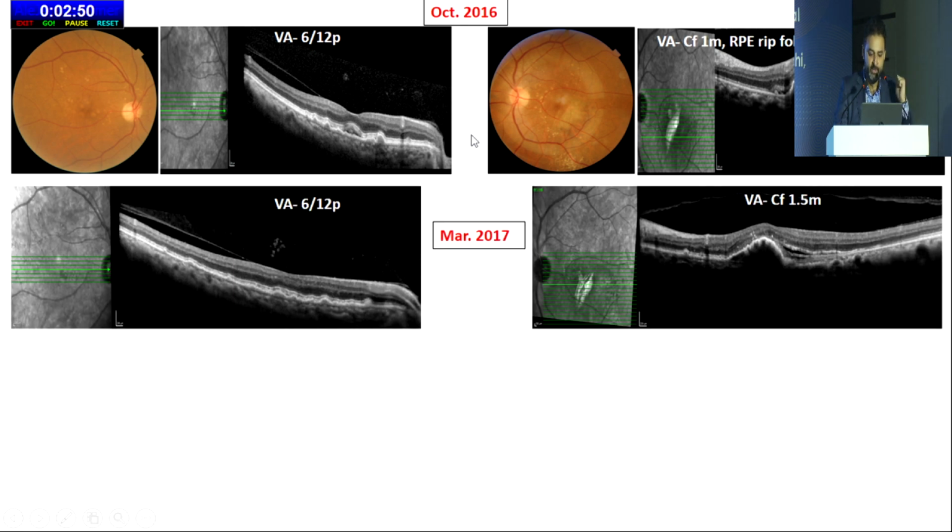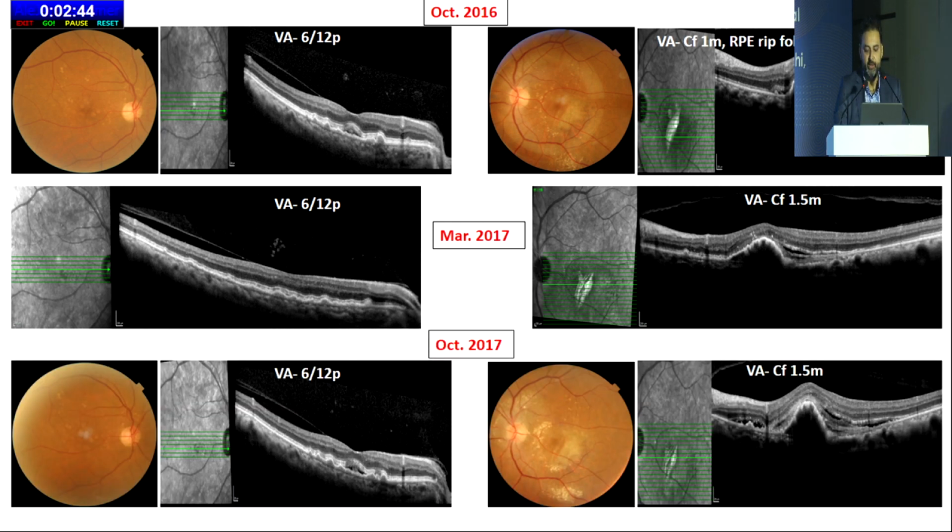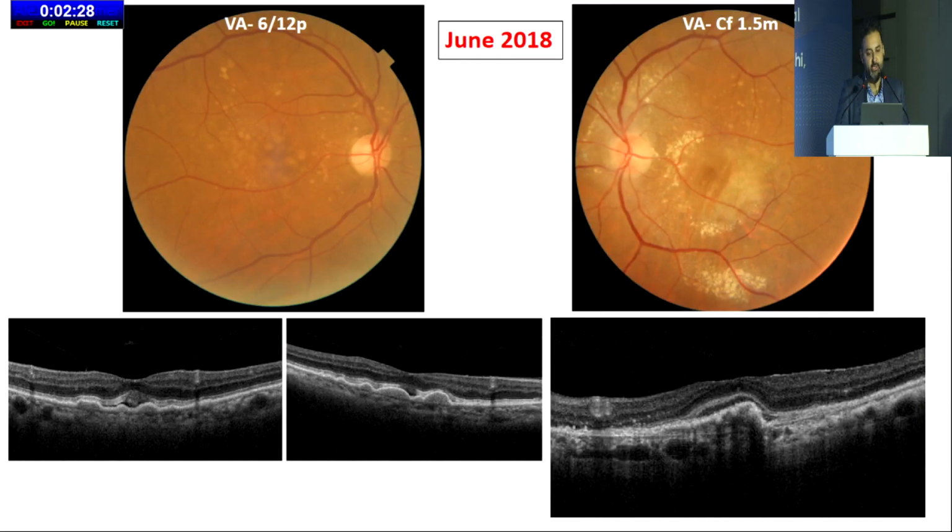Acuity is the same. Six months later, March 17th, the right eye is the same. In the left eye we observed and offered no treatment. One year later, October 17th, the right eye still has that similar fluid. Observation all throughout for the right eye, and after the unfortunate foveal rip, observation for the left eye as well. Acuity 1.5 meters, and the left eye started to get more fibrosed. Right eye, status quo. June 18, 9 months later, the right eye is 6/12 partial, the patient has no visual complaints, similar fluid